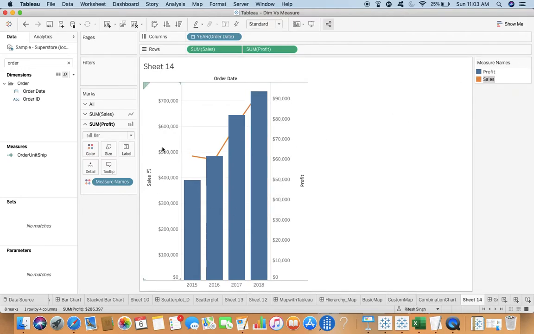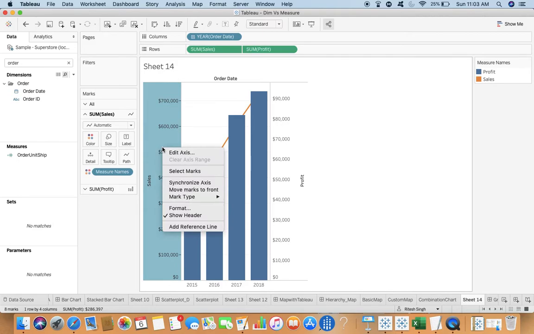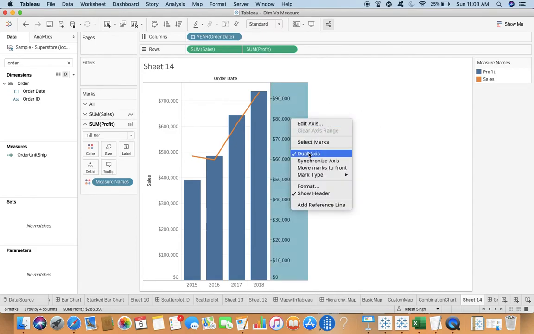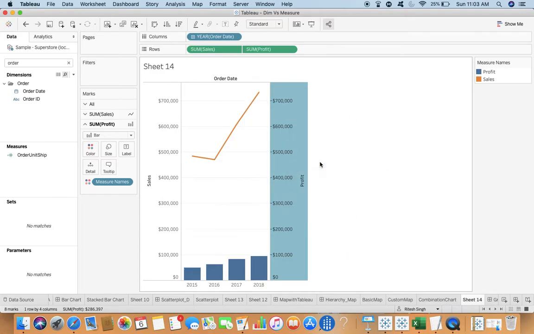So you can go to that very particular measure and I can say move marks to front. So now it has come to front. You also have the option to synchronize the axis like this if needed. So this is the way you create the combined chart, right?